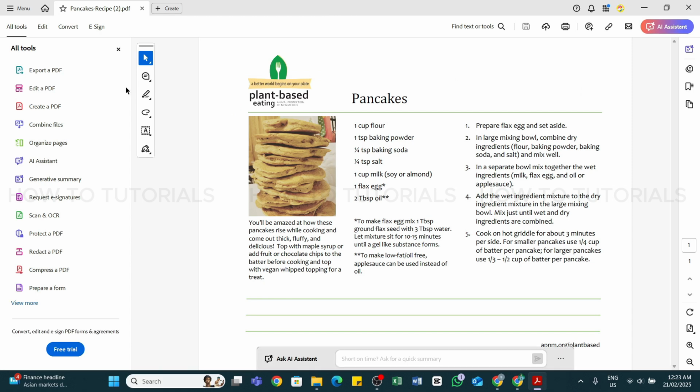Now, in order to compress this PDF, you will need to find the Compress PDF option from the left side of this screen. You'll be able to see the option at the bottom. Once you find it, simply click on it, and this will reduce your PDF file size and then control image and font settings. Also make sure that you have subscribed to the Pro version of Adobe Acrobat in order to